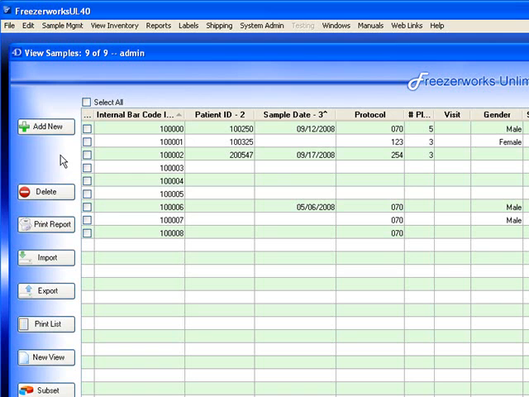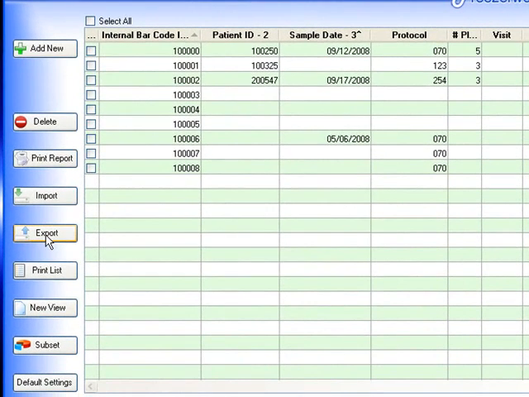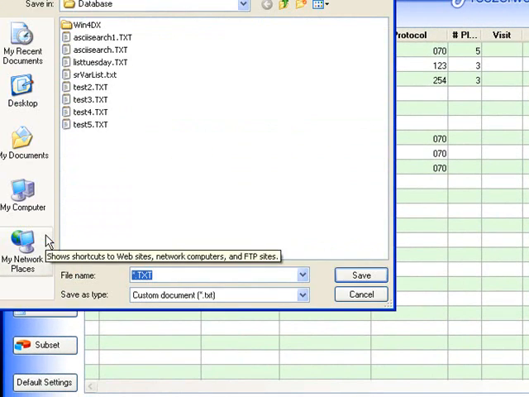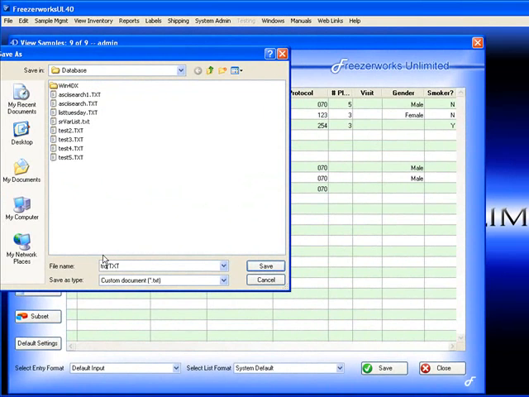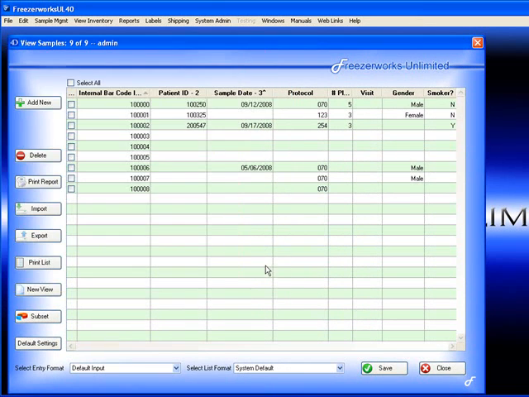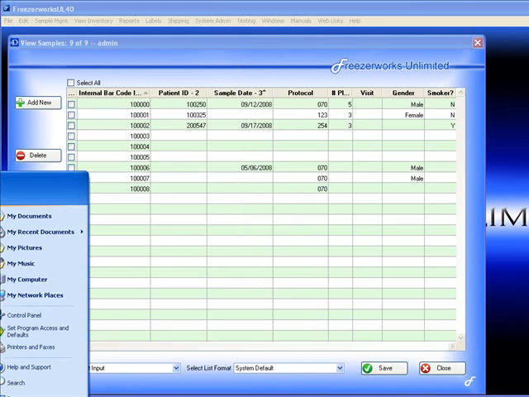The other thing you can do is there is now an export directly from this screen. So these fields can be automatically placed in an export file that can be read in, for example, Excel. Let's do that right now. I hit export, and let's call this test 6 export. Save it, and then when I go into Excel,